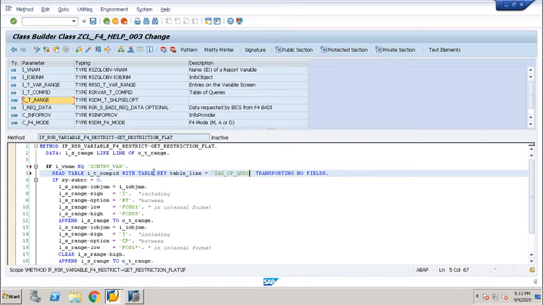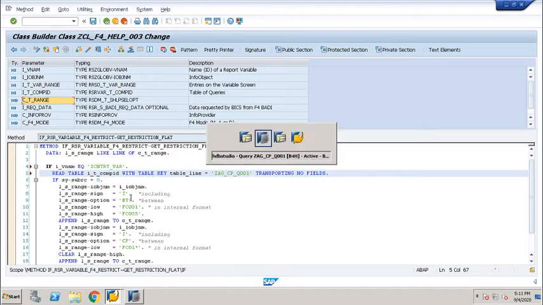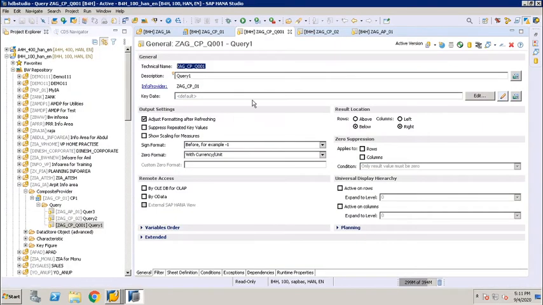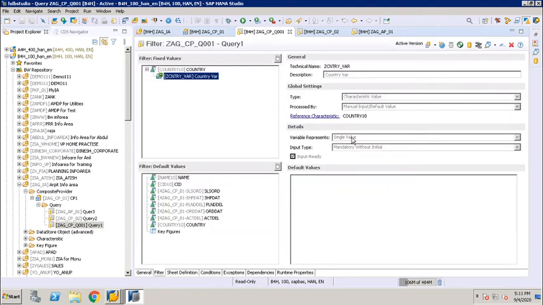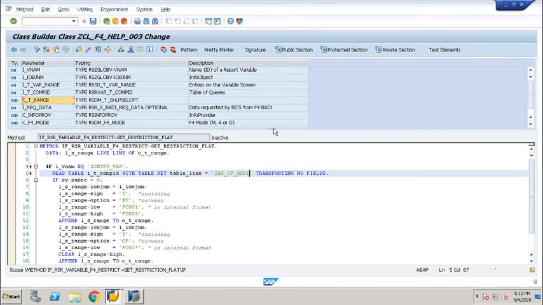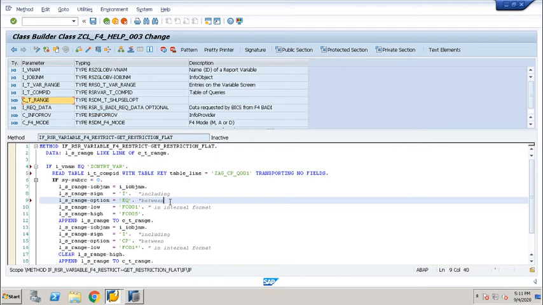Then we are checking this condition: if there is this query name, then, as I told you, our variable is a single value manual entry, so I have to use only equal to, not the between option. Here it is written as between; just pass a right equal.